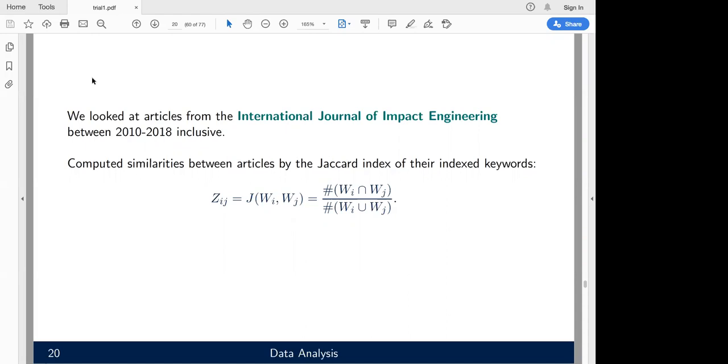Okay, and so that's going to be slightly complex because keywords, there's 10 of them per article or something. If you were to expand that to say the full abstract, and again, if you expanded that to say full text, you'd end up with a rather complex but much more accurate, perhaps, measure of what this article was.